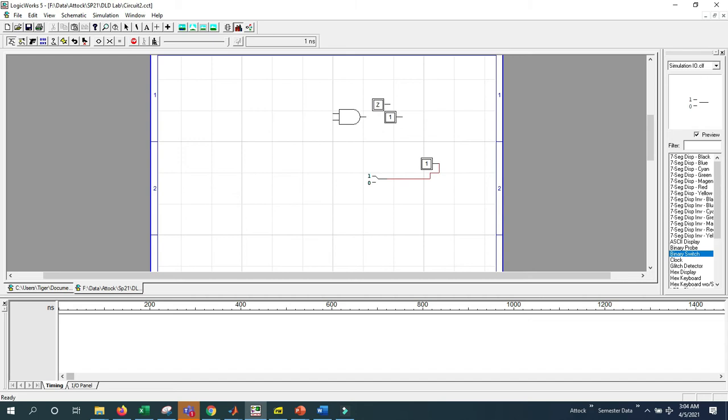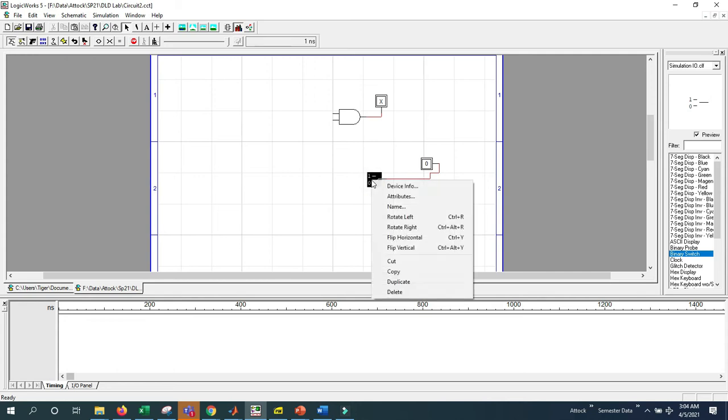If we don't want any other copy of the output symbol, we can simply press the escape button. We can rotate right so that the output will be connected to this, and we also need 2 input switches.